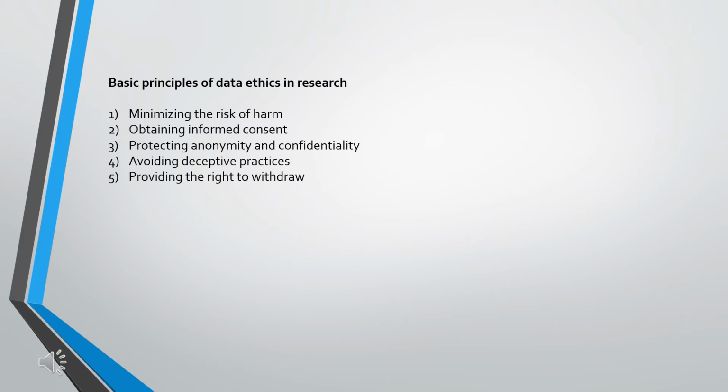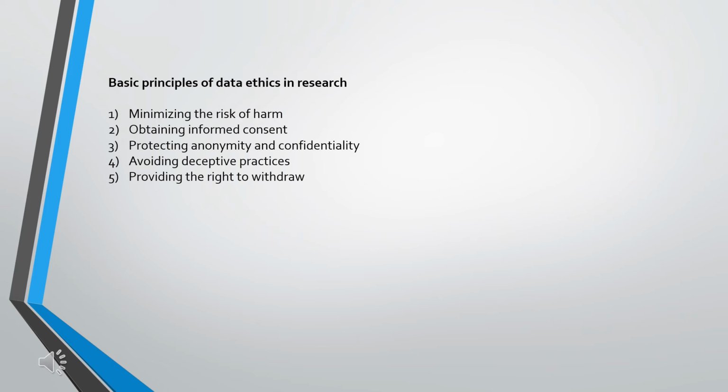The second principle is obtaining informed consent. One of the foundations of research ethics is the idea of informed consent. Simply put, informed consent means that participants should understand that they are taking part in research and what the research requires of them. Such information may include the purpose of the research, the methods being used, the possible outcomes of the research, as well as associated demands and discomforts.